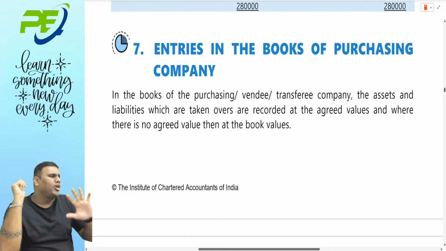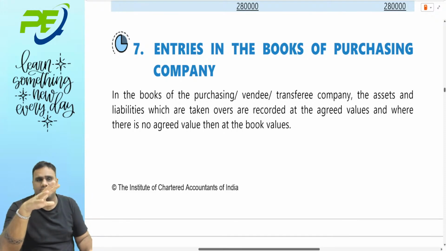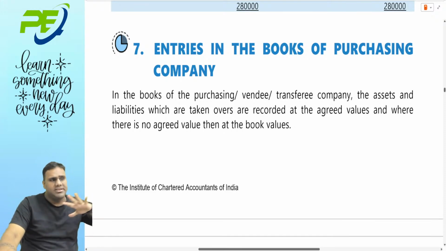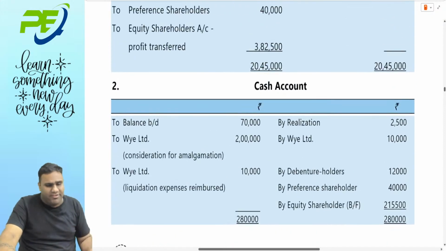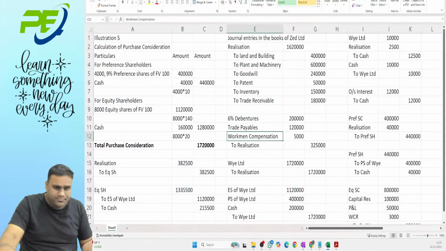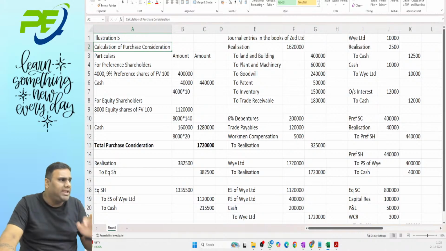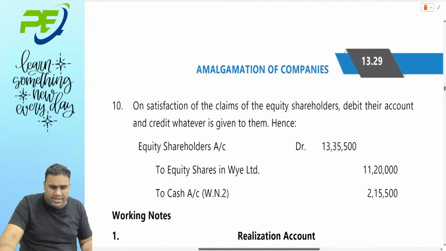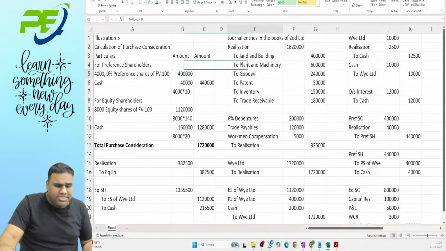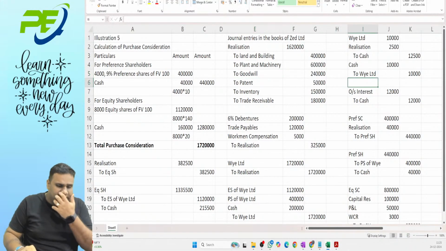Now there are a lot of other entries which will come in this, but before we start that, let's do it in the same problem. You will get a complete one, but here they have not given the holding company's balance sheet. No problem. We'll pass the journal entries